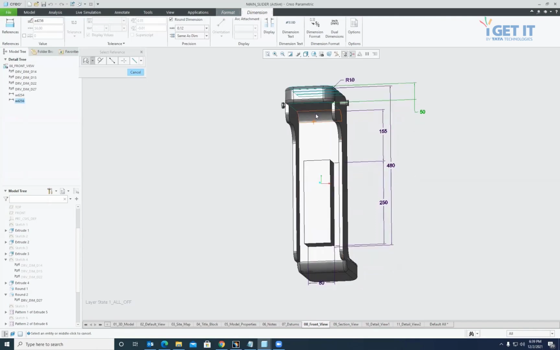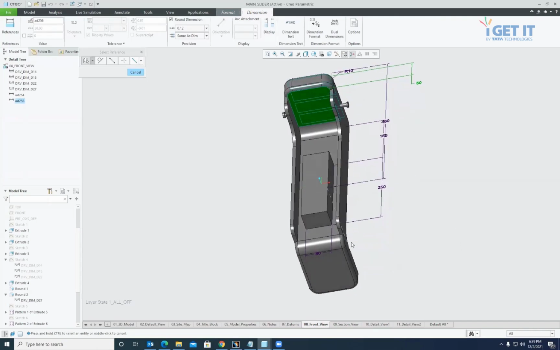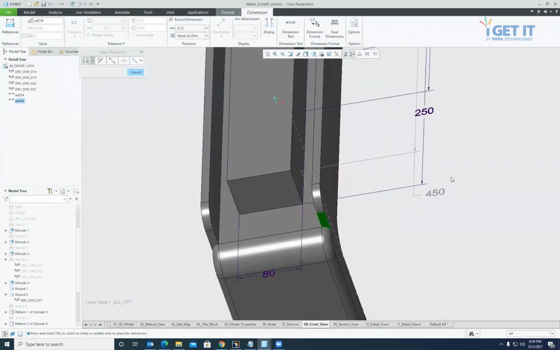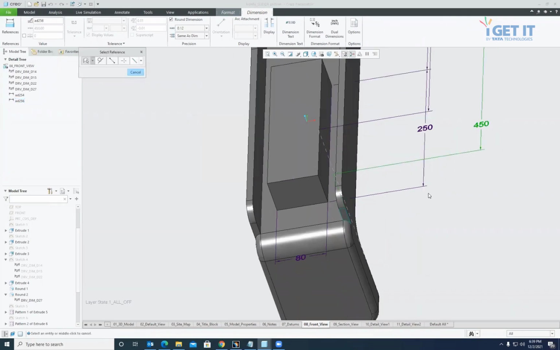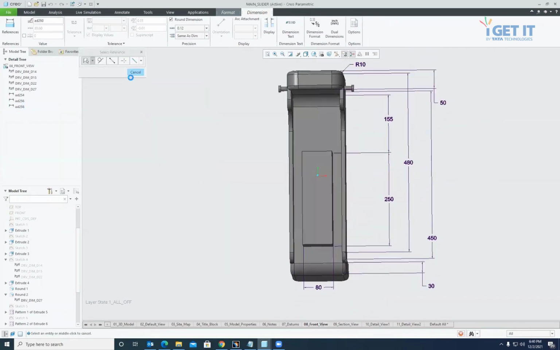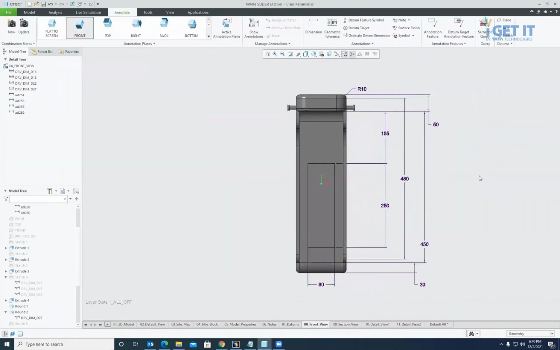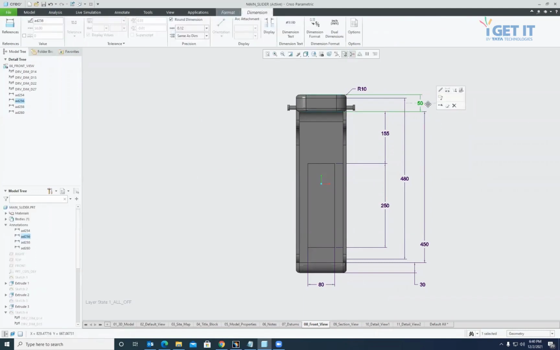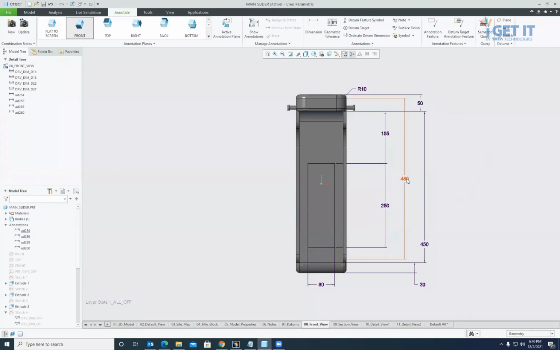Secondly, again this surface and this surface, second dimension. And the third one is this one. Then about the rearrangement of these dimensions.